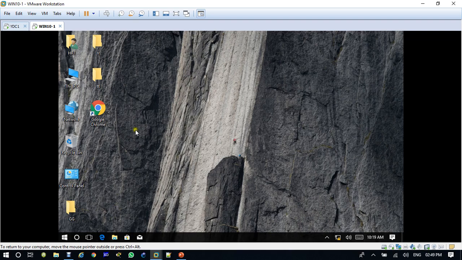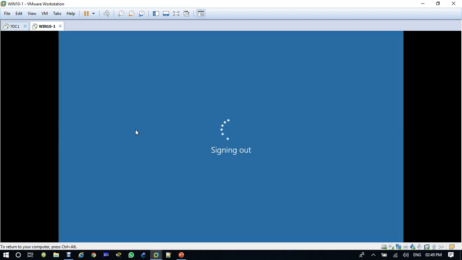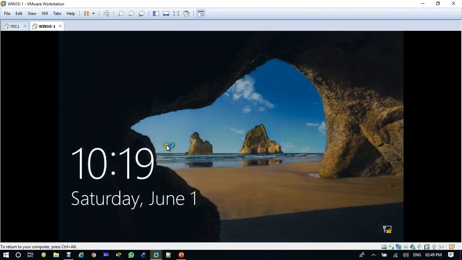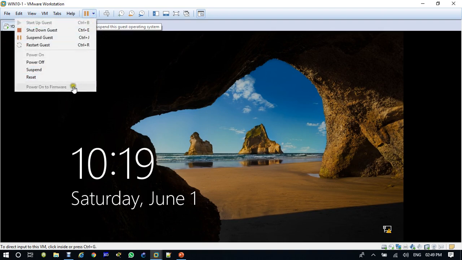Okay, so once he logged in, what you do, log off again just to refresh the policy. And you know it's a computer policy, so let me restart it, so instead of getting problems again, let me restart it.